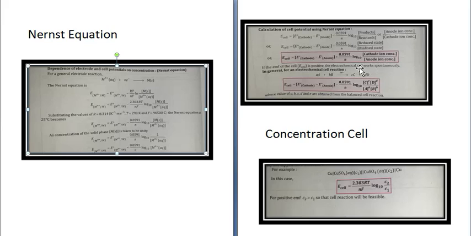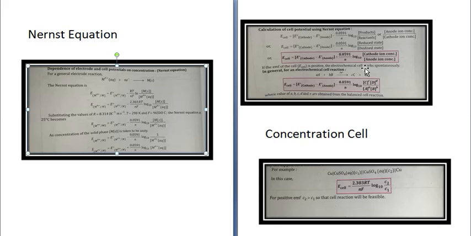But in that case, because you've taken cathode up and brought anode down, here the sign will change. It will become plus: E cell will become E0 cathode minus E0 anode plus 0.0591 upon n log to the base 10 cathode ion concentration upon anode ion concentration. If you change the numerator and denominator, then the sign will also change. Now if the EMF of the cell, E cell, is positive, the electrochemical cell works spontaneously.